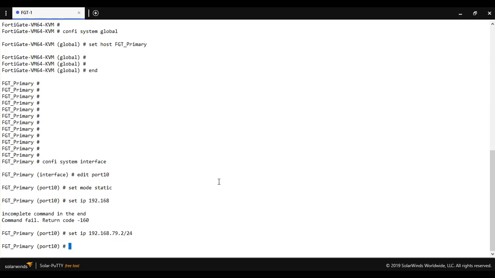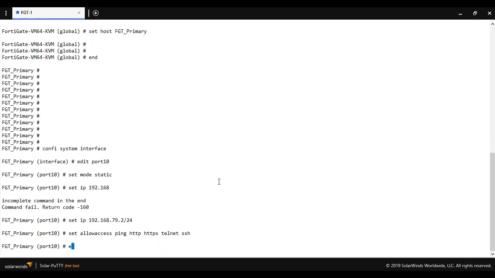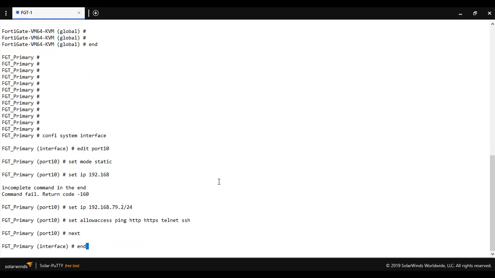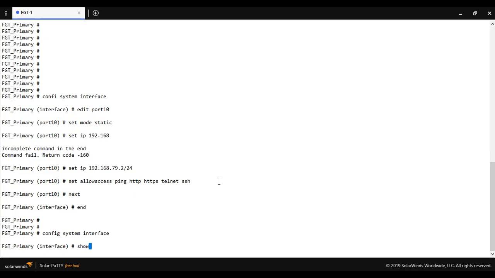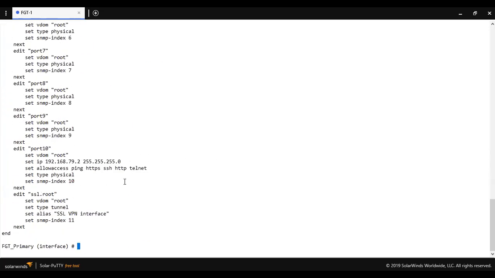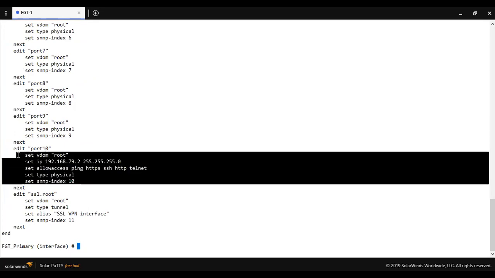In my case, this is the management IP address; in your case it could be anything, you can choose as per your requirement. And set allow access ping HTTPS telnet SSH. Next, let me show you whether this configuration has been applied. Show system interfaces.